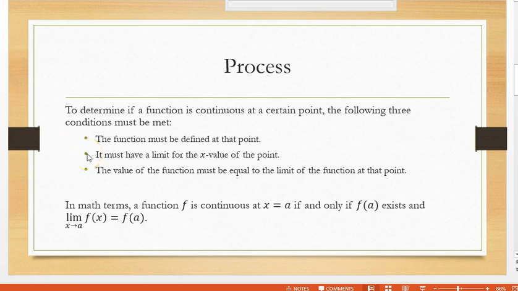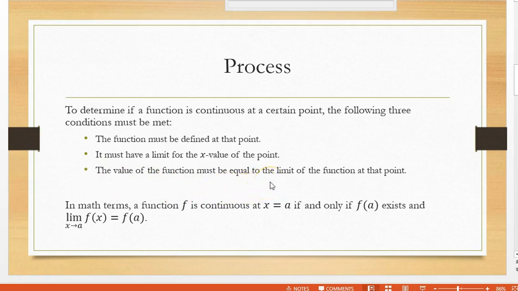Second condition is it has to have a limit for the x value of that point. So when you're looking at x equals 3, for example, when you evaluate the limit by looking at the numbers really close from the left and the right hand side, so 2.9999999 and 3.0000001, there has to be a limit answer that you get. You can't get the limit does not exist because it doesn't match from the left and the right hand side. And then the third condition is that whatever that function was evaluated at, whatever the dot on the graph was,